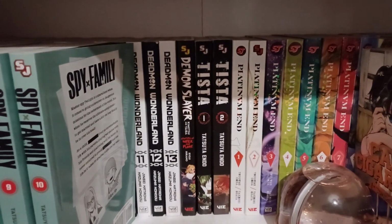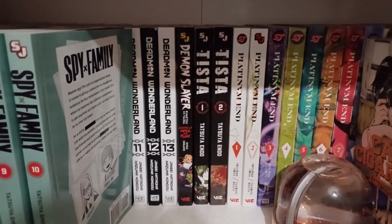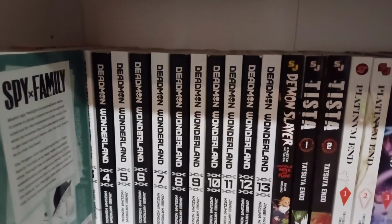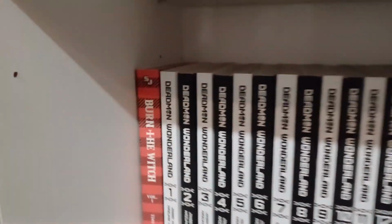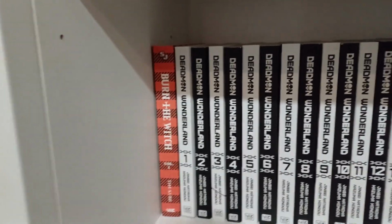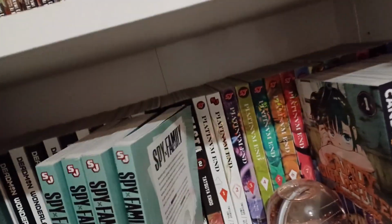Then the 1 short volume of Demon Slayer, the stories of Flame and Water, or Water and Flame, sorry. And then next to that, you can see Dead Man Wonderland. And then at the very beginning, we have the first volume of Burn the Witch. I am hoping that more is to come of that, because I freaking love that series. I just want more of that world. It's just so good. Right, I'm now trying to fix these back up, because...